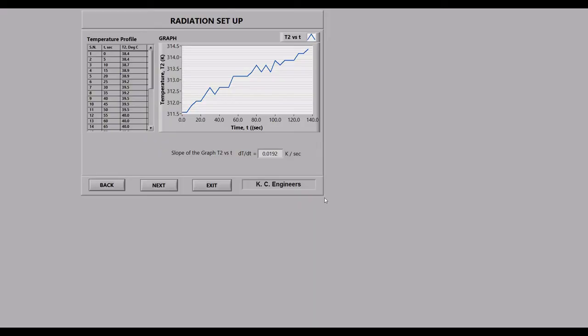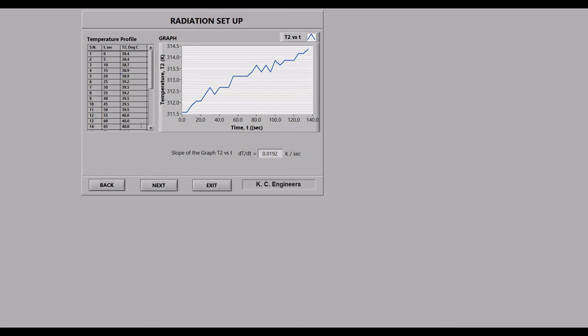To do the calculation, you need to read about the radiation mode of heat transfer, where you will find the Stefan-Boltzmann law. According to that law, heat Q is directly proportional to temperature raised to the power 4, and the proportionality constant is the Stefan-Boltzmann constant. There is another factor called emissivity, and for this experiment we have taken e equal to 1. So read that law and do the calculation according to that equation.